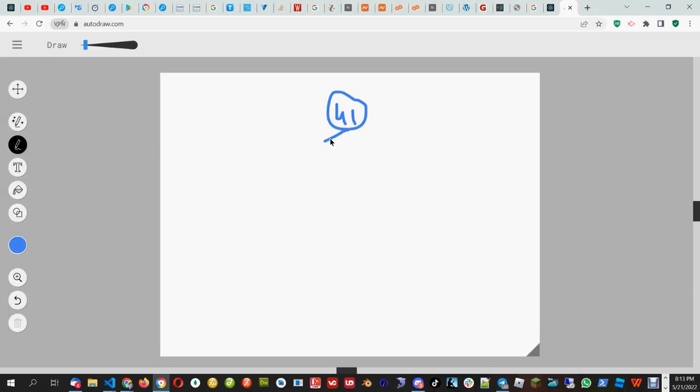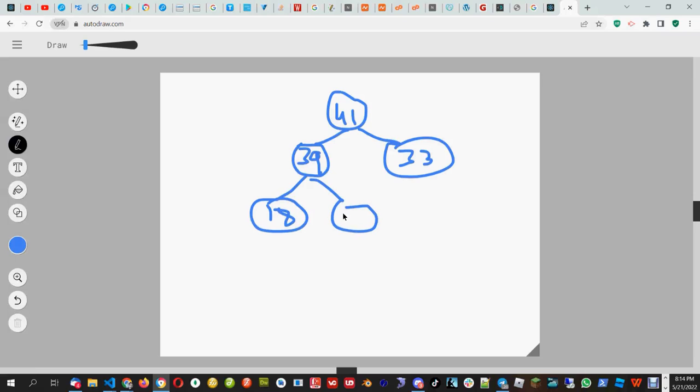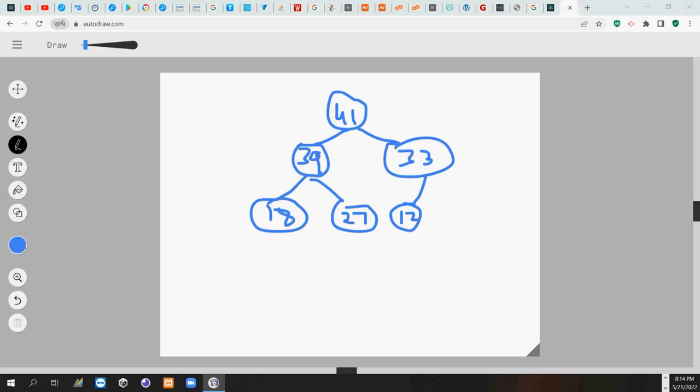This is 41. Then we have 39. Then we have 33. Then we have 18. Then we have 27. Then we have 12. Let's keep it till 12. Now we have to understand